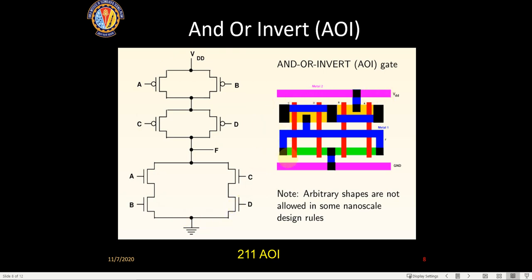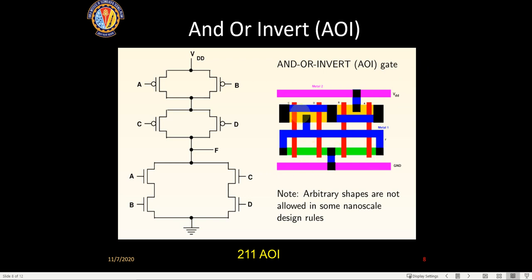The layout of this is pretty simple. So when we fabricate it in an IC, you will find the fabrication is very simple. The layout looks very compact, and that is the reason these kinds of gates are generally used in PLC. So an AND-OR-invert, and there is another gate which is OR-AND-invert, which we will see in the next slide. So these two kinds of gates are used in the PLC because of the ease of fabrication.